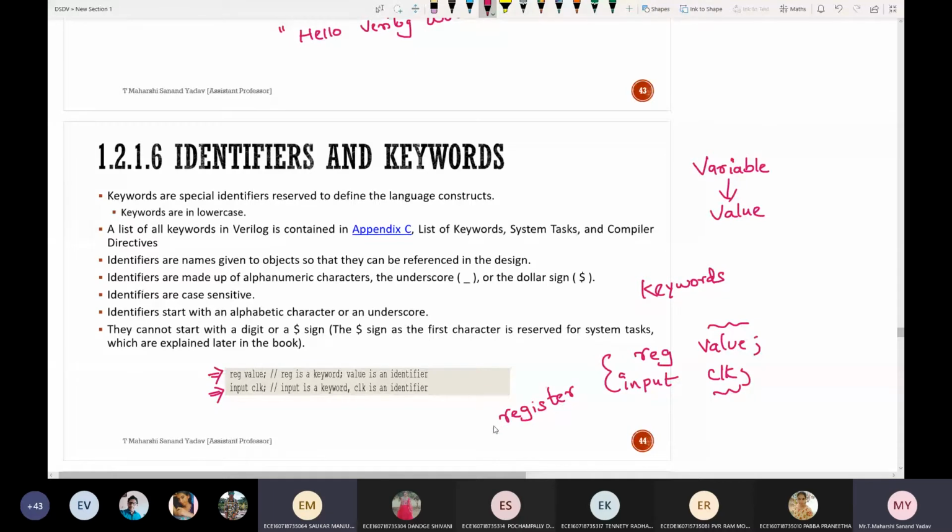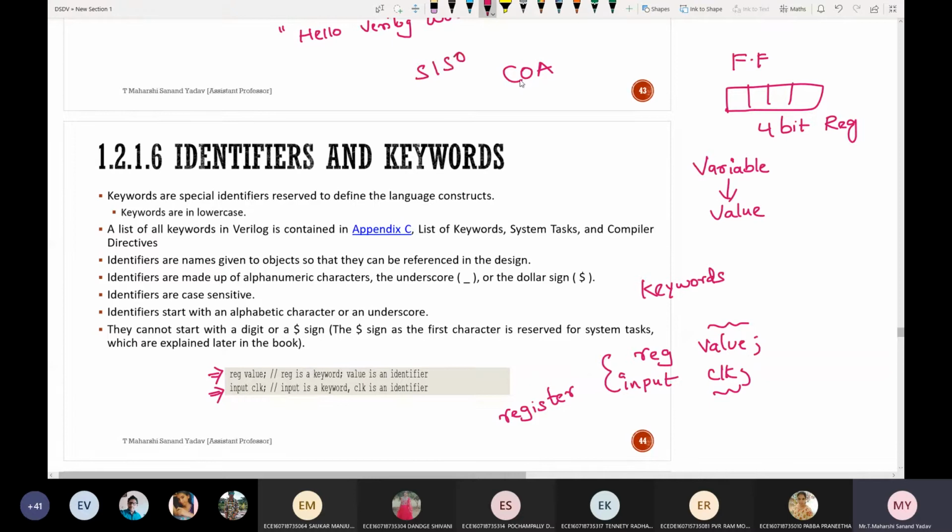Stores data. I think you have seen some concept like this. A register is nothing but a group of flip-flops. So if I take 4 flip-flops, it is called a 4-bit register. But the difference that you have learned in COA and here is, suppose if I take a serial in, serial